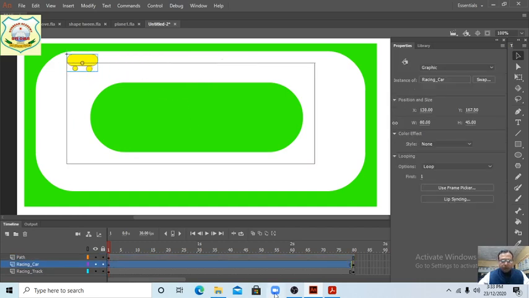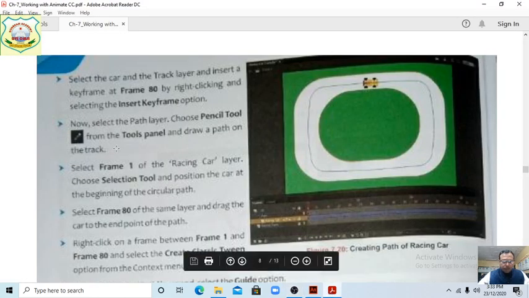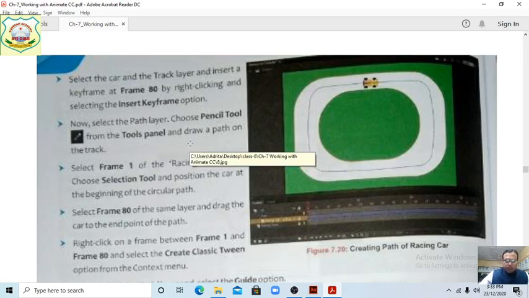Next one is given. Now everyone see the book. With the help of the book, it is enough for you. Why are we telling it this way? Because if you do it yourself, you can do it with your book. With this video you can do it, but with your book you can do it better. Select frame 1 of the racing car layer, use the selection tool and position the car at the beginning of the circle path.